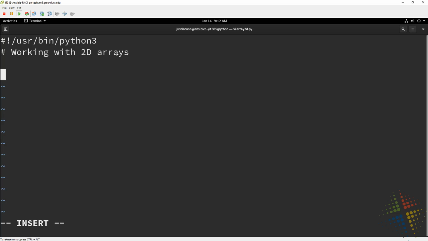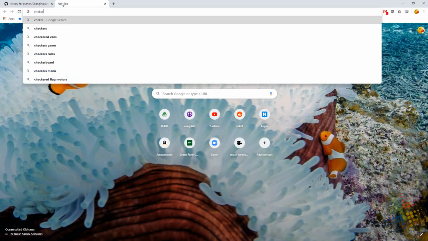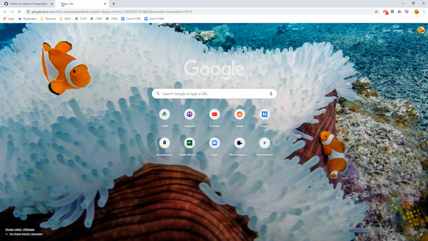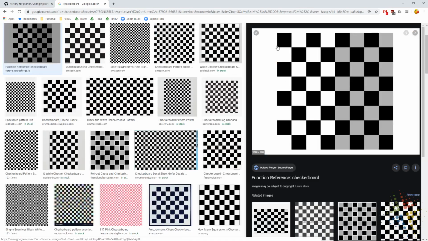Now, two-dimensional arrays in their very simplest form, I like to think of these as a checkerboard. Checker or chessboard. Let's see. Checkerboard. Sure, there we go. So what we have here, if we look at the very first row going from left to right, this very first row could be viewed as a single array. This very first black square would be position 0, and then the next one position 1, 2, 3, 4, 5, 6, and 7. That could be viewed as a standard array,